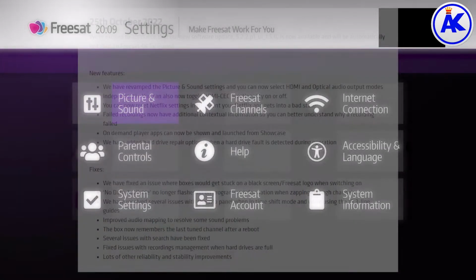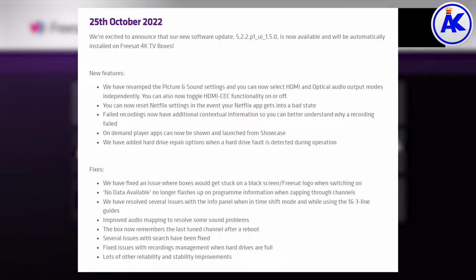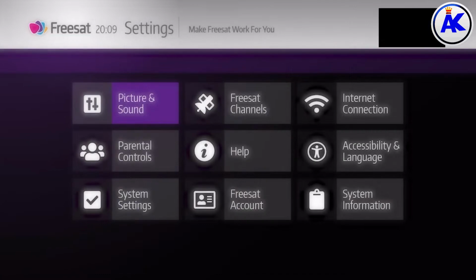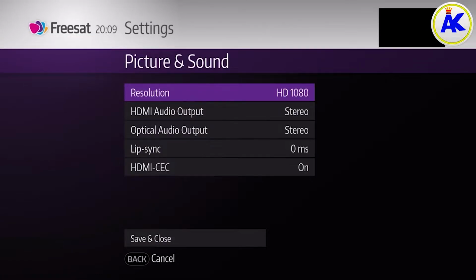And today I'm going to be going over the latest update for the 4K Freesat boxes. This is version 1.5.0 and was released on the 25th of October. First off, they've changed some settings in the picture and sound settings, and you can now select HDMI and optical